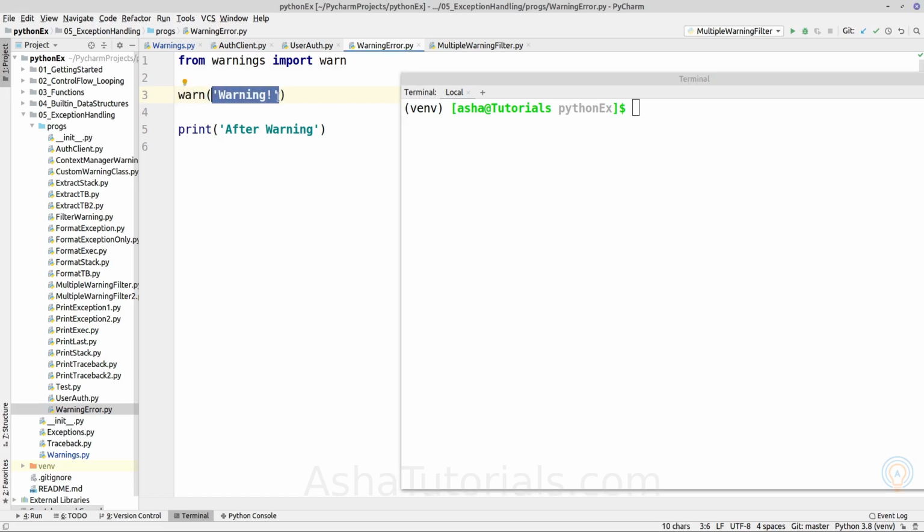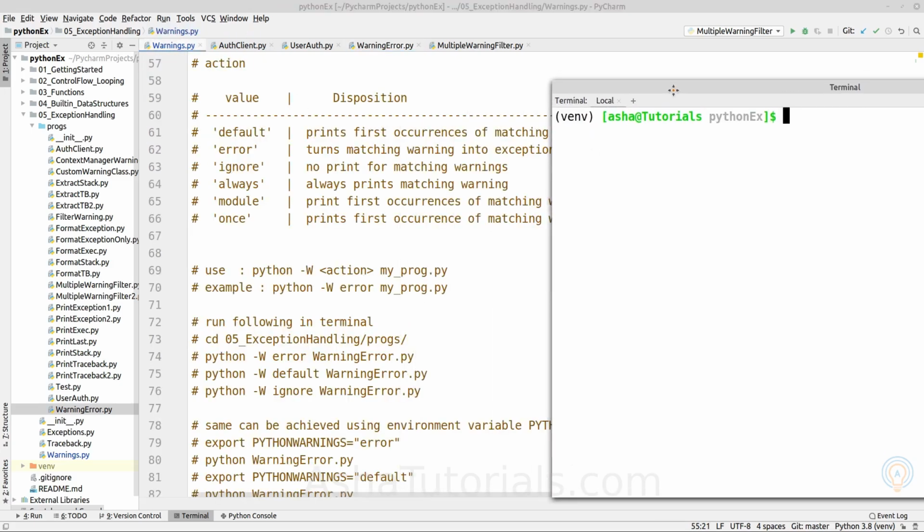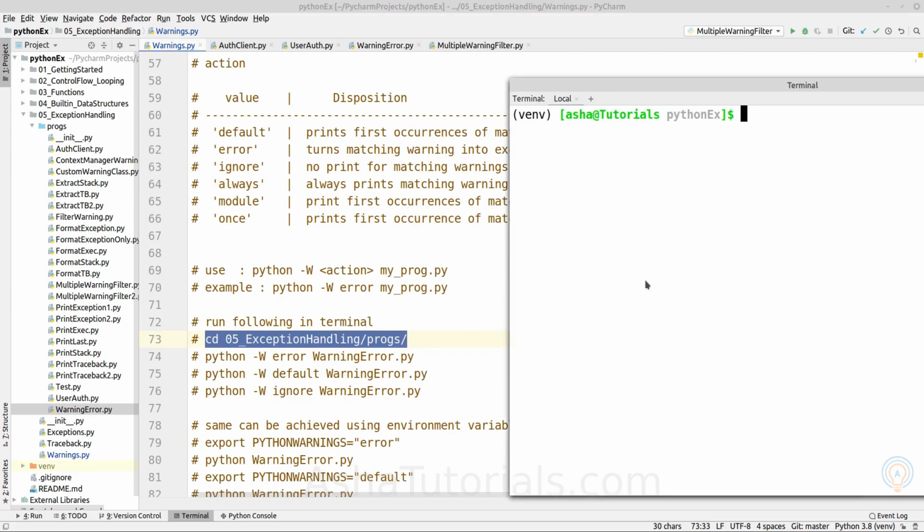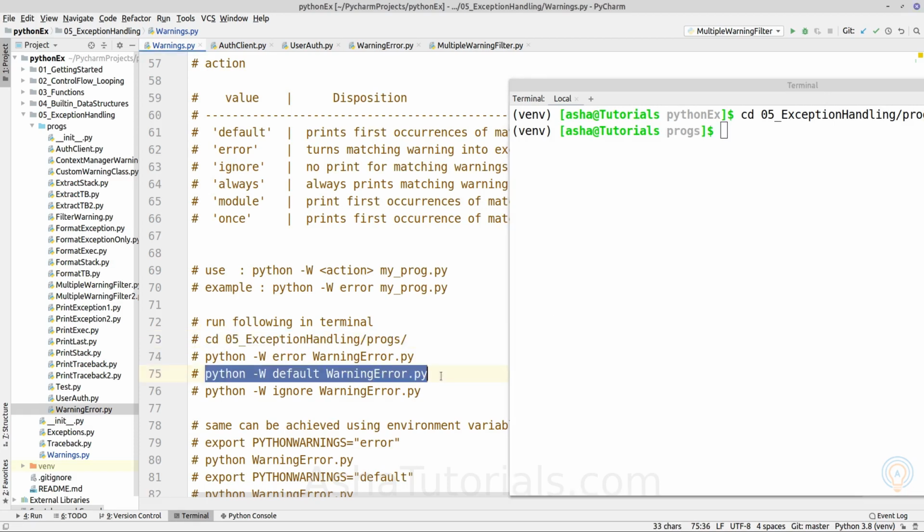Here we are not supplying any category, which will be user warning by default, and afterwards we are printing a message in case the warning is converted into an exception. Here we are not handling the exception, so it will not print the message. Let's execute it. First we will change the present working directory to where the program is stored. Now let's execute